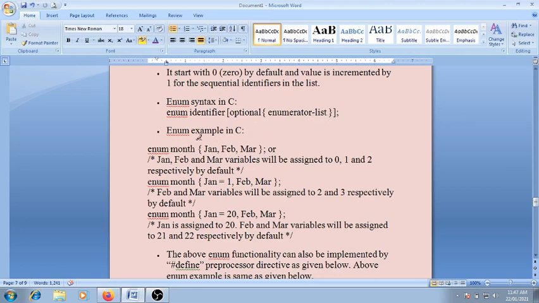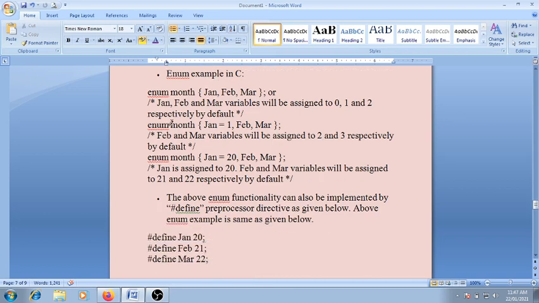Now the enum example in C. Enum month, opening curly brace, Jan, Feb, March. Jan, Feb, March will be assigned to 0, 1, 2 respectively by default. If we write enum month with Jan equal to 1, then Feb and March will be automatically incremented by 1.